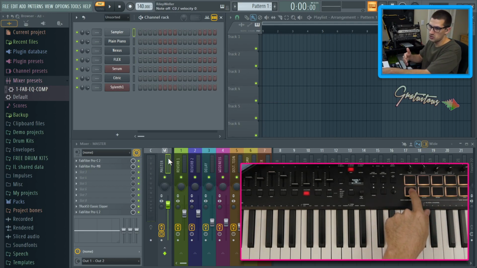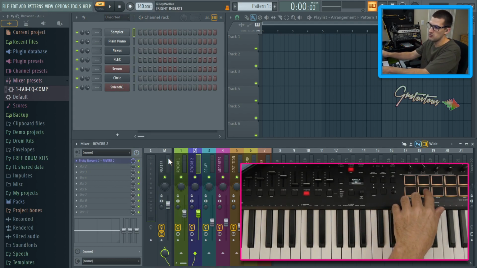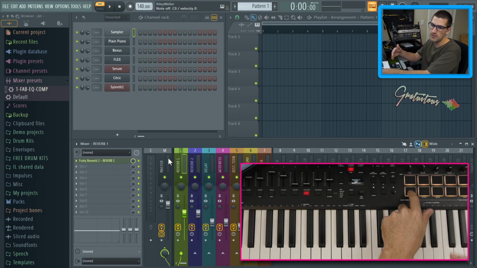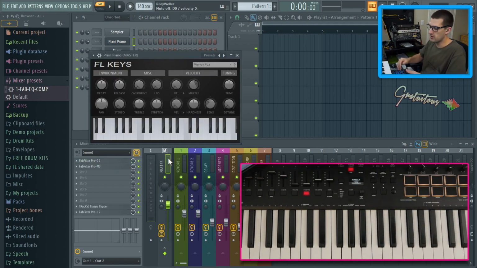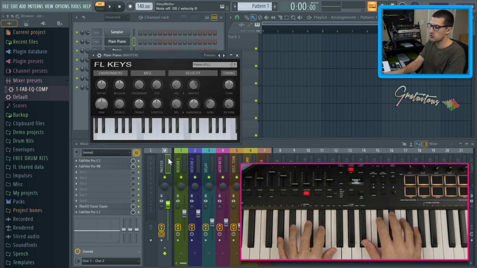This one goes up. This one goes down, and that's the same for the mixer. Here is right and then left. I tried to keep that same workflow. So we can go down, we're going to open up here is FL Keys. If I want to change the preset,